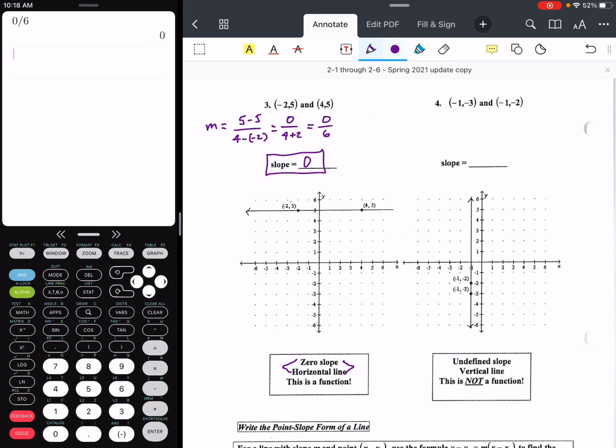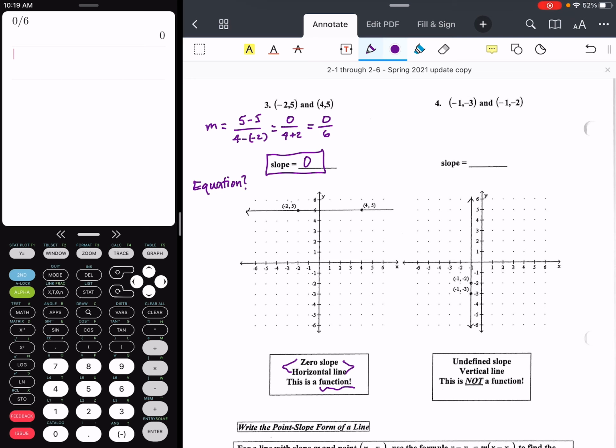Okay. And this is a function. This would pass the vertical line test, right? So this passes the vertical line test. And by the way, if I wanted to write an equation of this line,